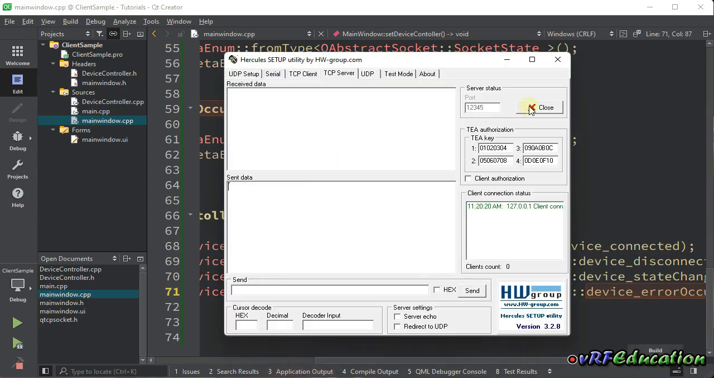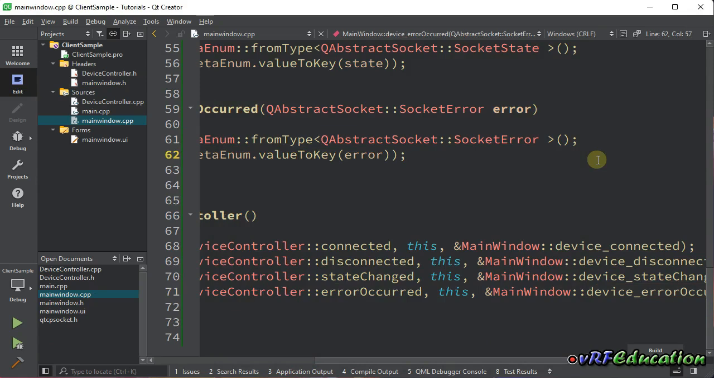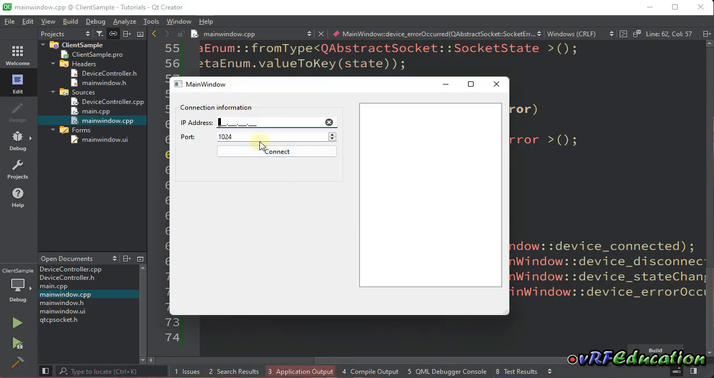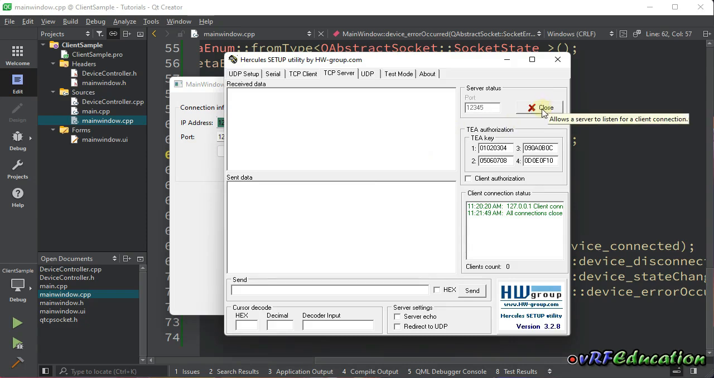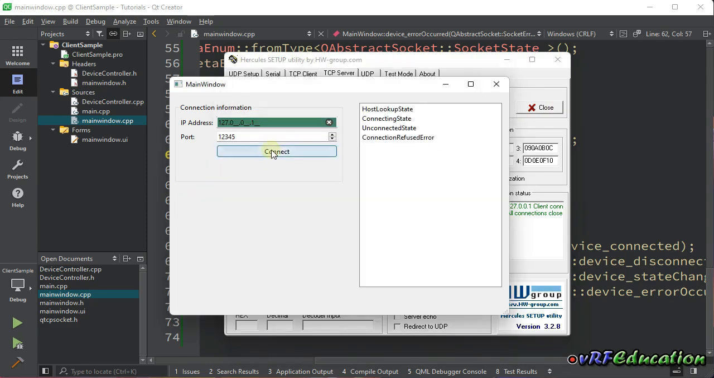Now I'm going to close the server. Let's see what happened. And the port is 12345, and I'm going to prefix them on the next run. So you can see the states: host lookup state, connecting state, unconnected state, connection refused, error. These are the states that we go through if there's no server listening for us. Now let's see, what if I run the server? So the server is already listening on port 12345,